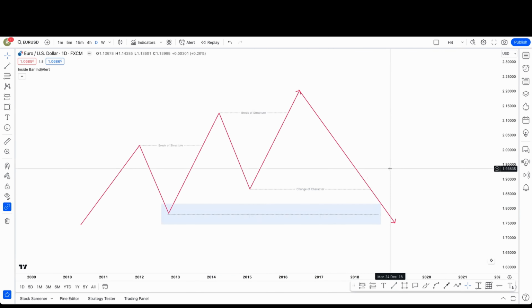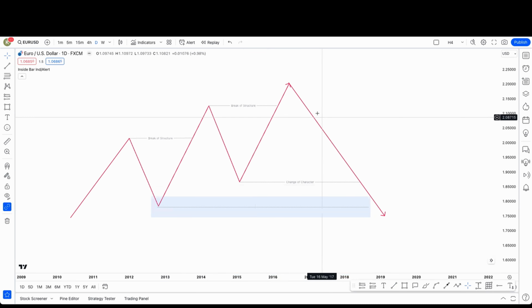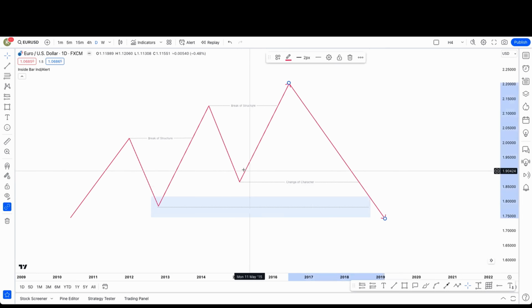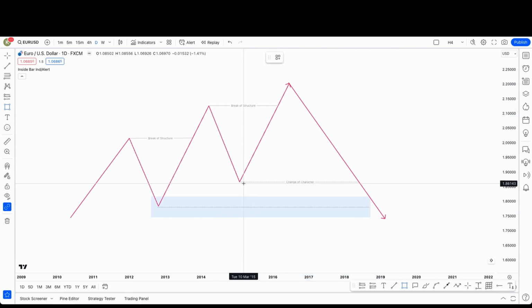So does that then become the change of character again? No, sorry, I kind of did a trick question. It was a bit. Don't do that for people who are new. It only took me a couple of years ago to figure this out. This becomes a trap. So essentially, we've had our change of character at this point. The market has decided that it's broken its previous main structure. Okay, so the main structure previously was